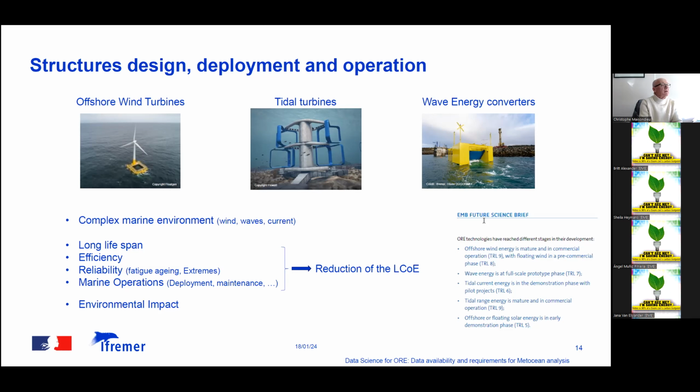This is really important because the objective of the Green Deal is to use offshore renewable energy as a good support for its development, and it will require the development of a large number of structures. So there are some industrial issues here, and by optimizing the efficiency of the machines, we can address this problem of industrial production.